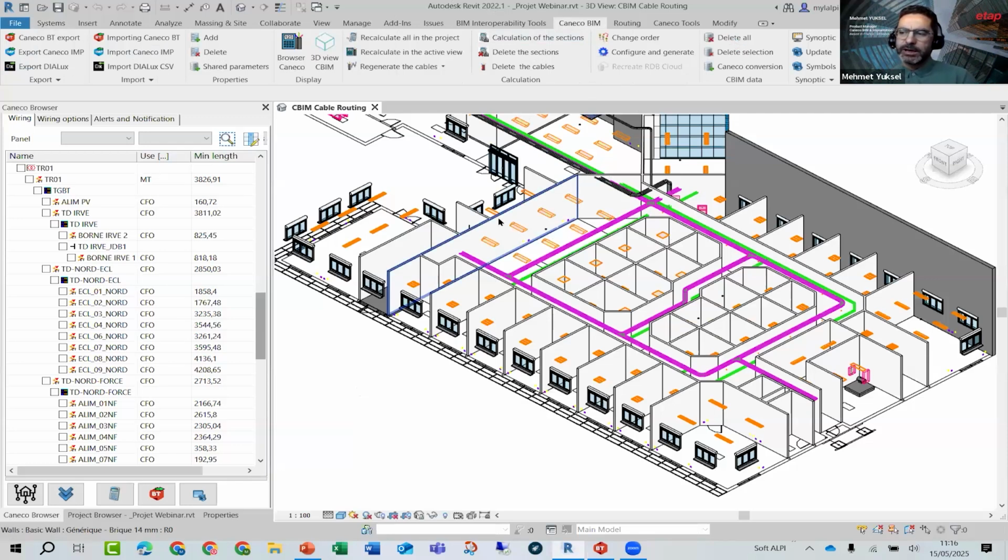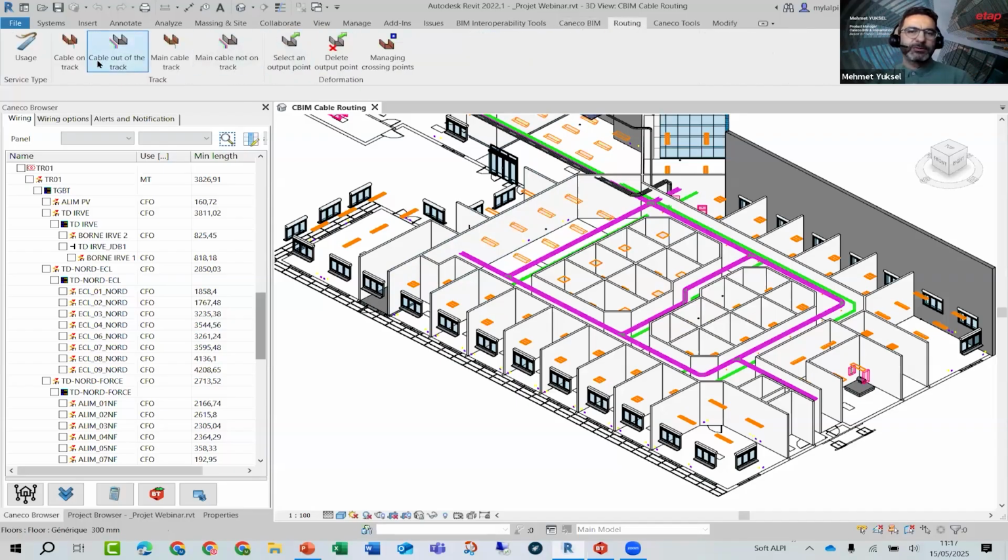We ensure at least 4 versions of compatibility, because for those who already work with Revit, you know that you cannot upgrade the version until every actor of the same project upgrades its own version. You cannot do it by yourself. So to resume, Caneco BIM is a plugin to Revit where I can handle the different data for my